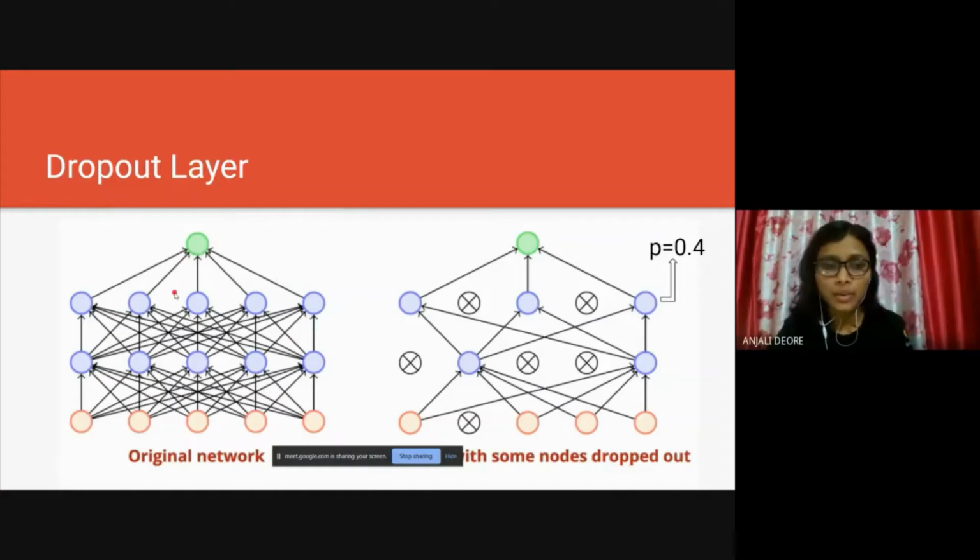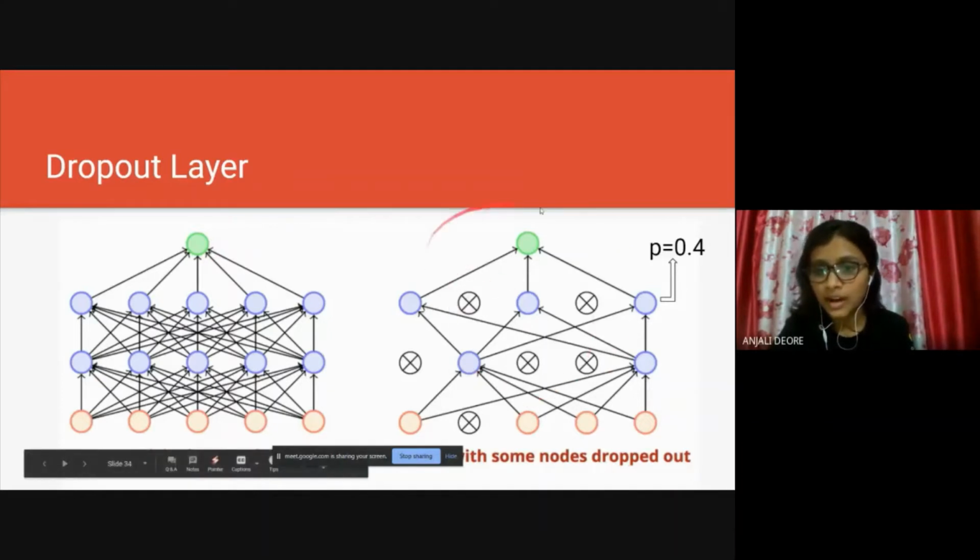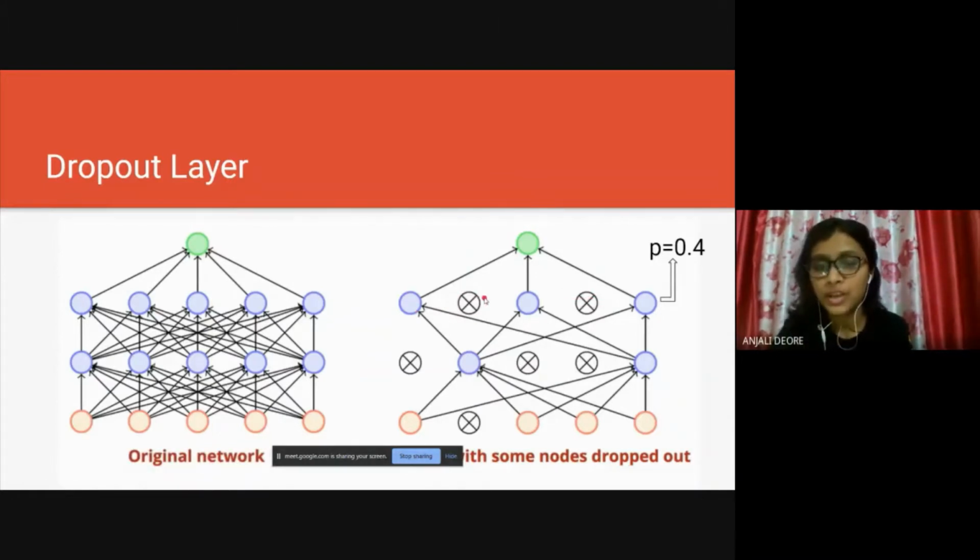So what happens in the dropout layer exactly? I'll give you an intuition regarding that. You can see on my right-hand side there is an image in which we have some nodes, and these nodes do not have any link with the further nodes. So in the dropout layer, we are deactivating some of the nodes or neurons in that particular layer. Suppose this is a layer, and these are all neurons, and some of these neurons are deactivated completely.